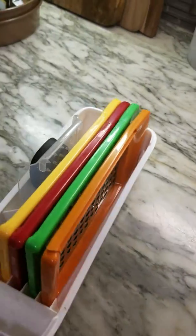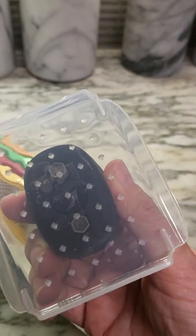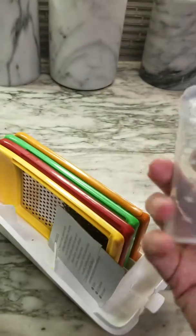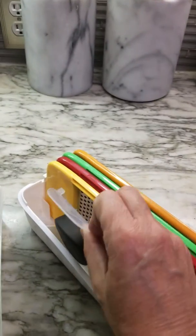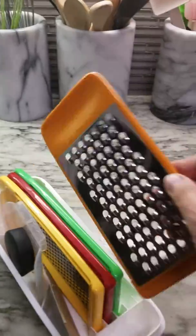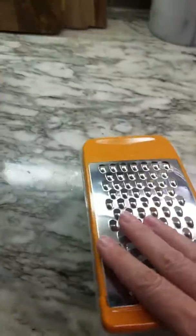It is a little compartment that holds all different kinds of graters. I kept the little card that tells you which one is best for which, and it also has a little holder that you can put onto your hard cheeses or your vegetables so that you don't cut yourself when you're grating. It's almost like a julienne, and the great thing about it is it's a space saver, so you don't have to have more than one grater that are big and bulky, and these fit right down inside of